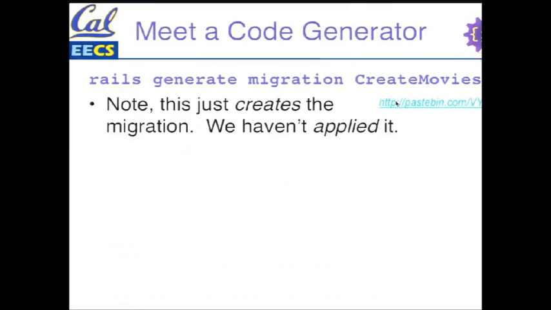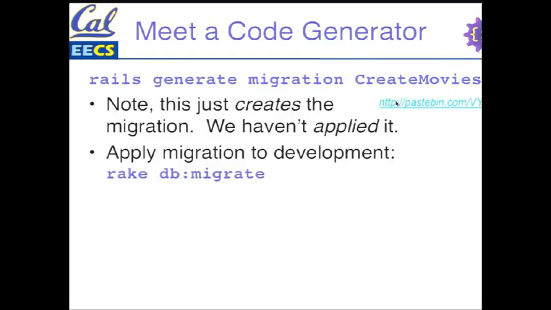So we've just created the migration, right? We have a script in a file, but we haven't actually done anything yet. We haven't applied the migration to the database. To do that, on our development environment, we say rake db:migrate. That causes a bunch of automation to happen, which tries to take that script and run it against our development database. And if all goes well and we decide that we're happy with the changes, we have to apply it